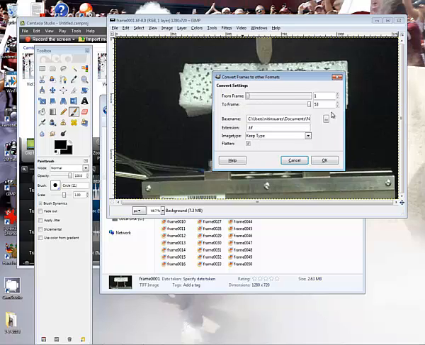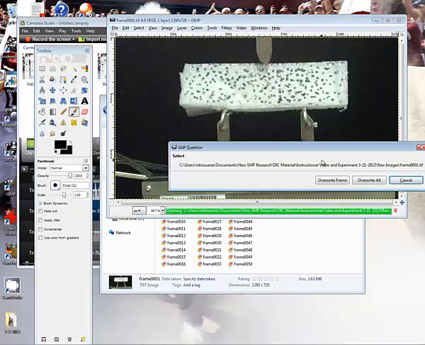We have the range of images specified here between 1 and 53, and we'll be changing all of them to grayscale. You change it to grayscale over here in image type. If you hit that arrow button and click on convert to gray, and let's say OK,